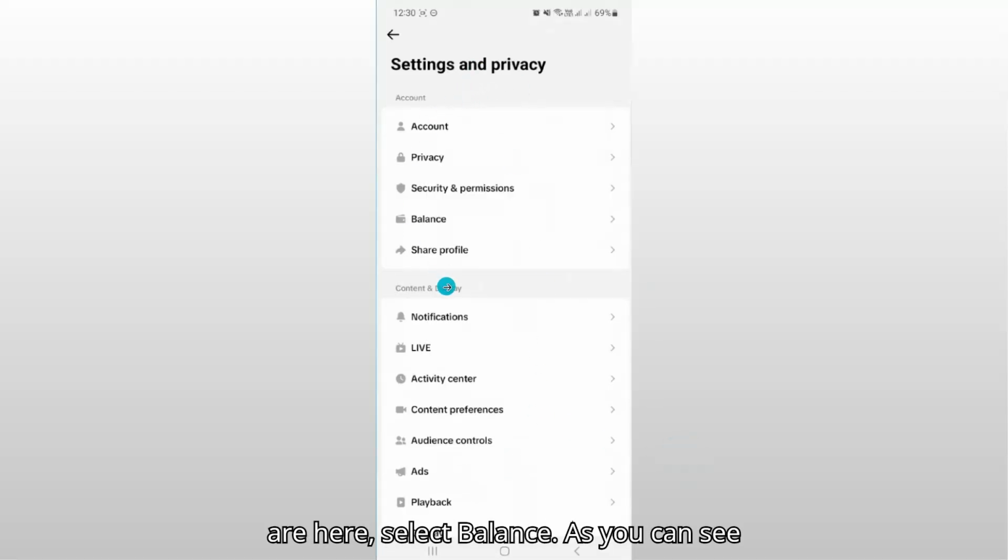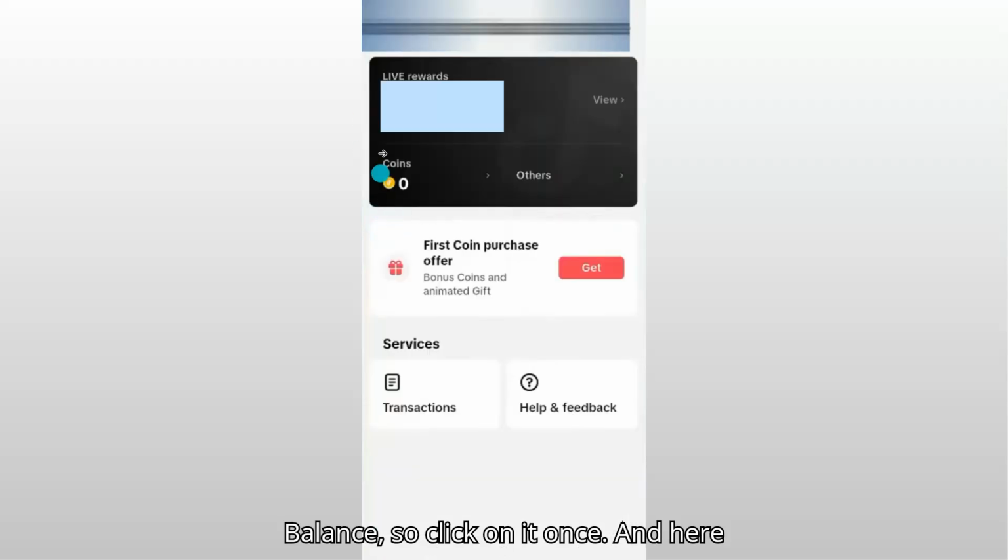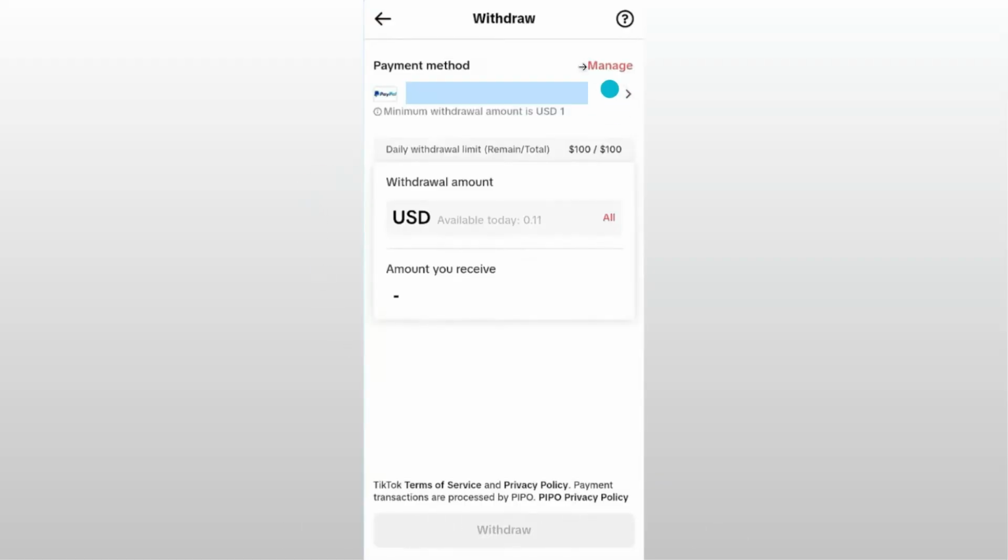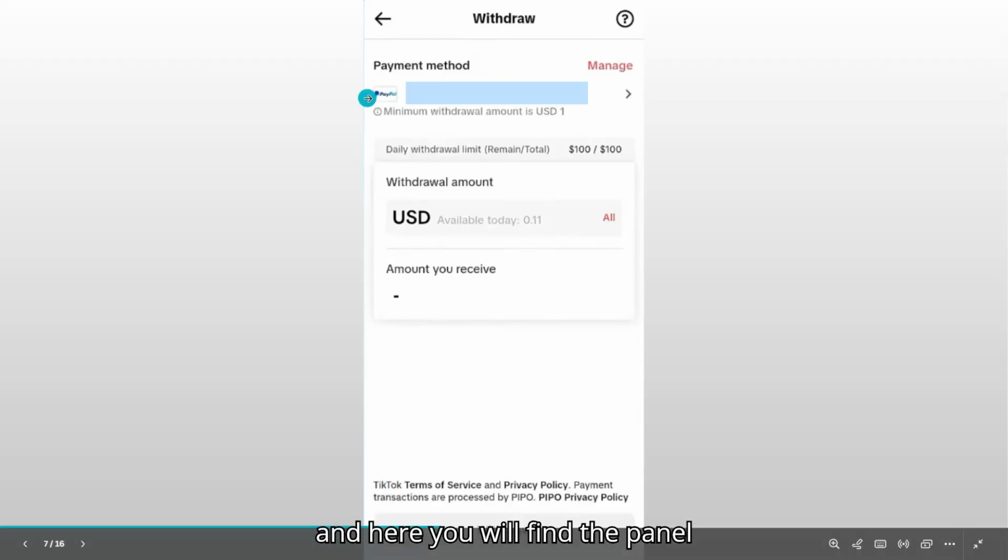Now once you are here, select balance. As you can see here in the account section, you'll find balance. So click on it once and here you will find your live rewards, your balance, your transactions, etc. So what's important here is the live rewards. So just click on view and here you will find the panel with your balance if you want to withdraw,